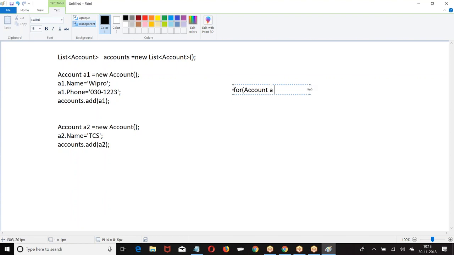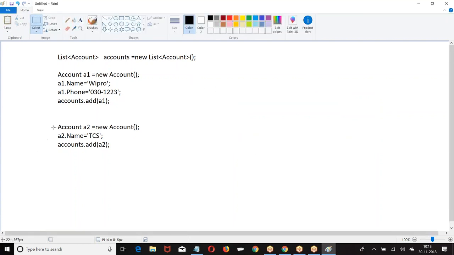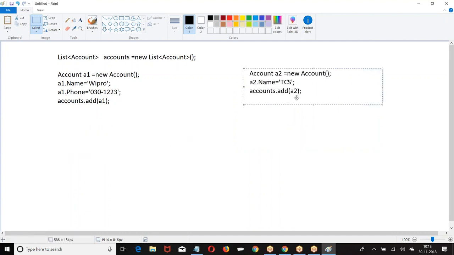Similarly, in the for loop, for account A in accounts, for every account, one separate MyWrapper should be created and that same wrapper should be added. For every new account, one new wrapper should be created. That is the reason I said that. Otherwise, I'll remove the loop and explain from here only. Suppose we don't have a loop. What will you do?